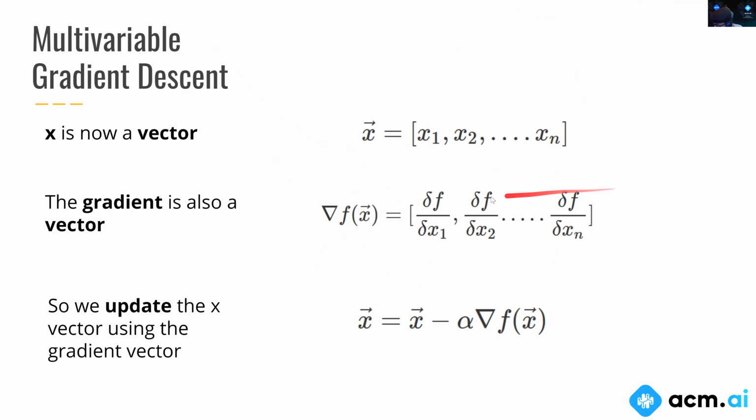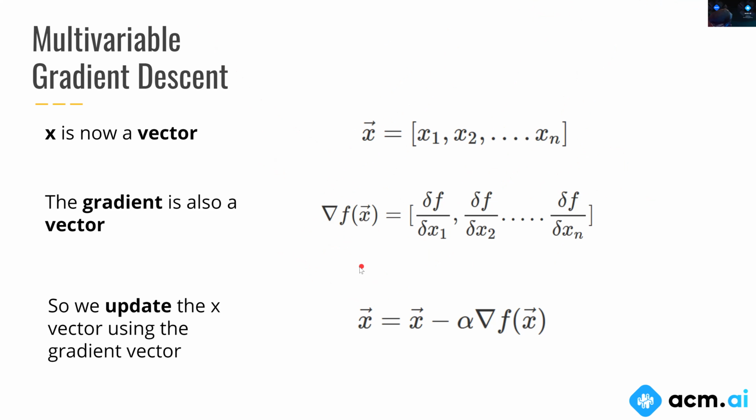So let's see, there's another question. What does f actually represent? That's something we're going to be covering in the next few slides. As you'll find out, f actually represents what we call an error function. And our objective is to minimize the error, which is an awesome thing to do, right?